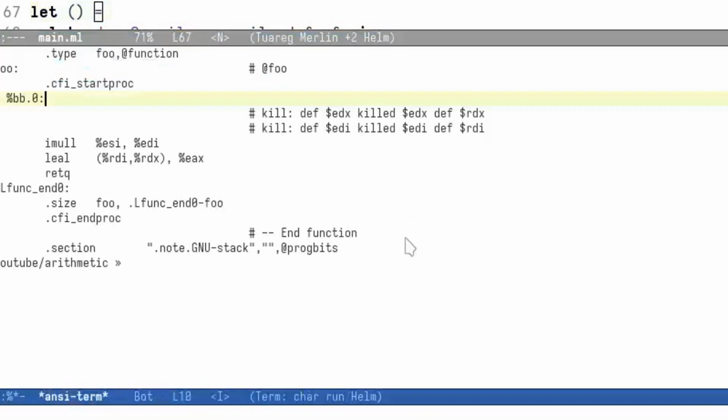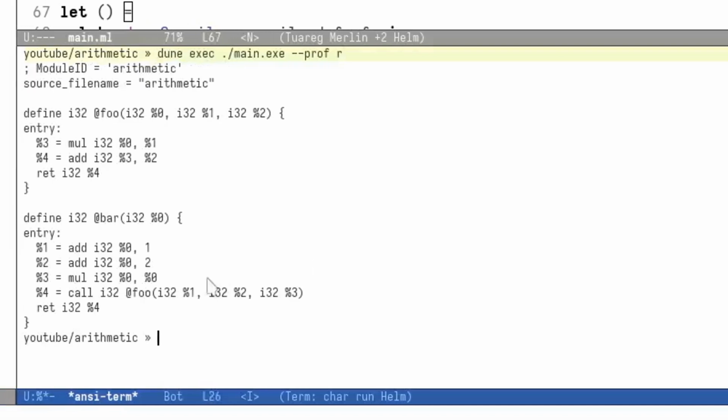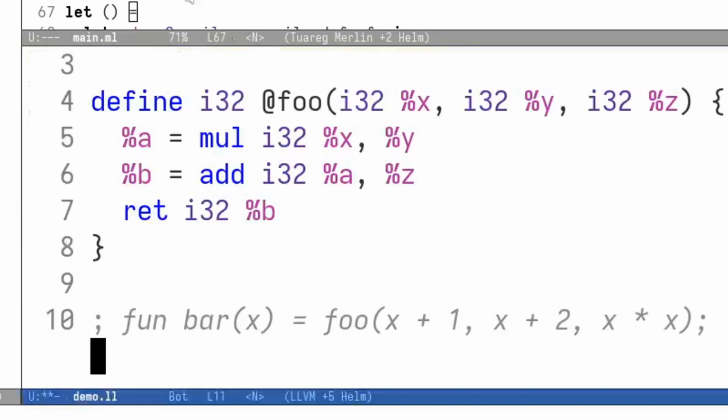So let's go into the terminal and actually run our program. Alright, wonderful, right? It's exactly what we wanted. It is just like before, right, where we had this, and now if we compare it to what we have now,